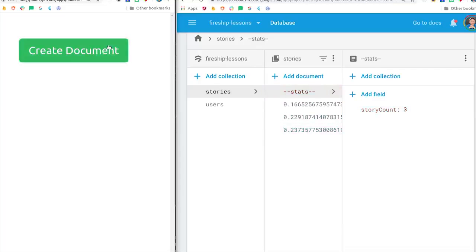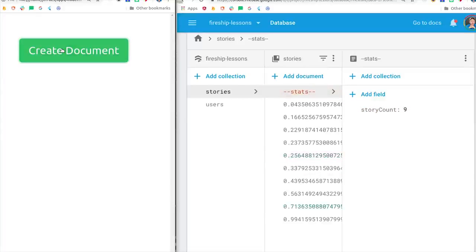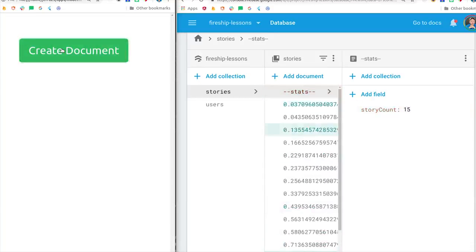For this demo, I've created a special document called stats, and its job is to keep the total count of the documents in this collection. So every time we click this button, we're performing two writes. We're updating the count on the stats document, and then we're creating a new document in this collection. But we only want to update the count if we're 100% sure that that new document has been added to